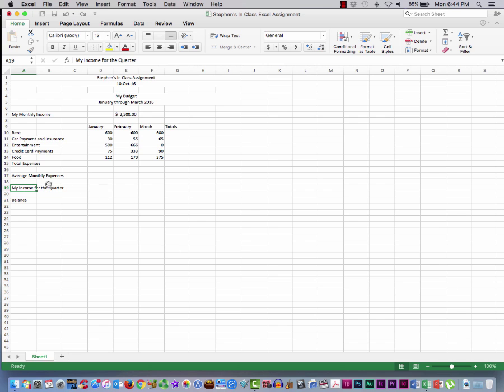So I go Command Z and instead get the white crosshair until I have enough cells highlighted and I merge cells. So that in cell D19 now,